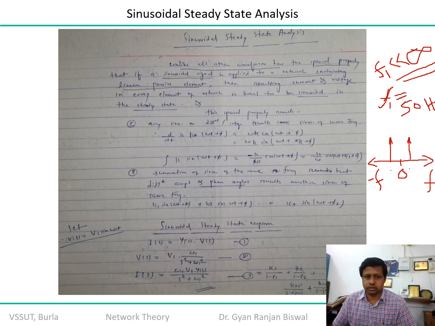Remember, in this demonstration it is going to be defined by some magnitude V1. V1 is the magnitude of that particular source, and if you take the Laplace transformation of that sine wave, operating at frequency f1, or omega 1 radian per second, you get omega 1 upon s square plus omega square.